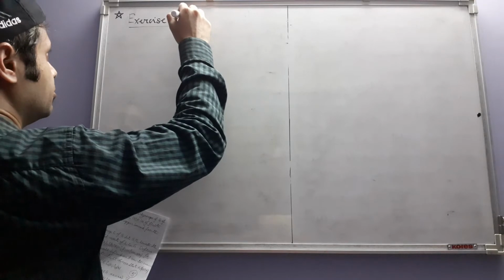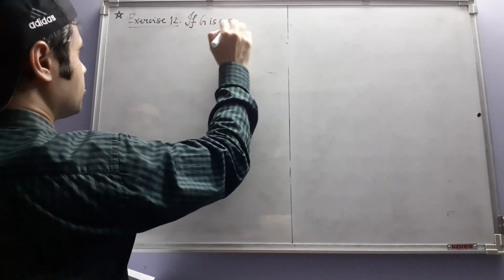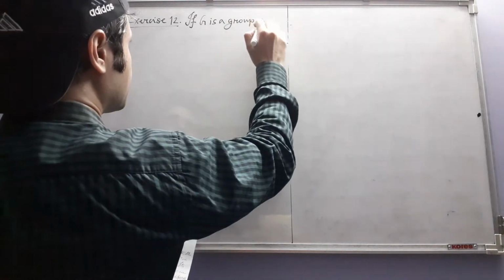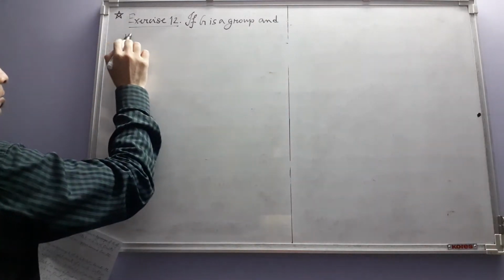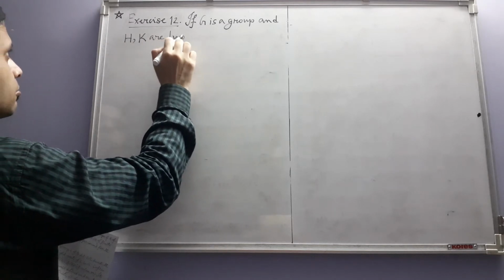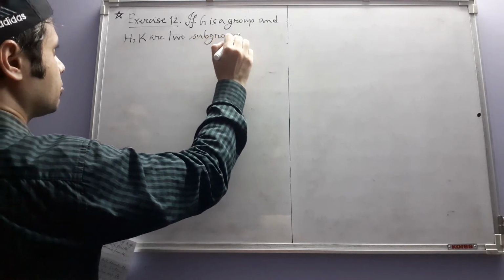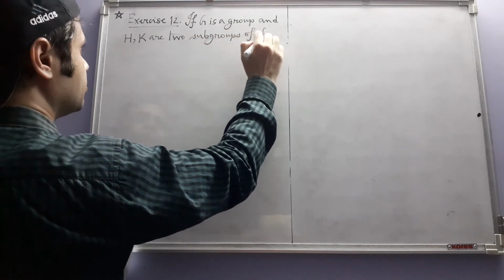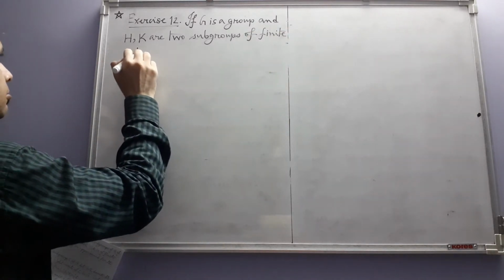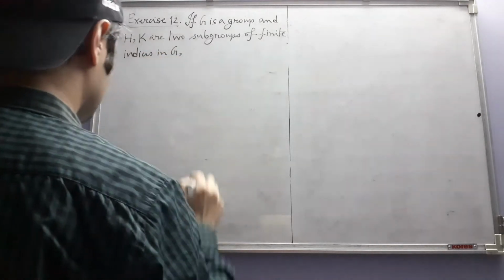If G is a group and H, K are two subgroups of finite indices in G, prove that